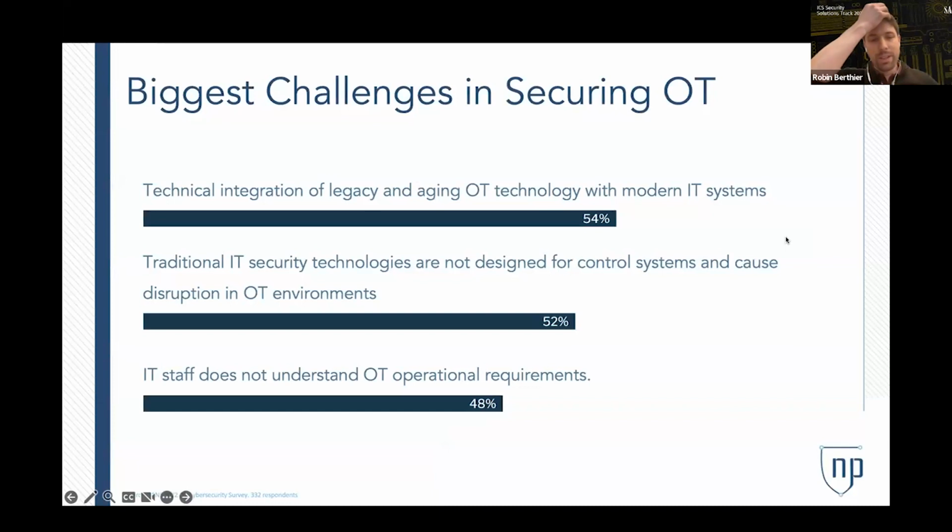So if you look at the latest SANS cybersecurity OT survey that was launched last year, you can see that one of the major challenges is around the technical integration between OT and IT, either on the OT technologies themselves or around security solutions specifically that are not well integrated with the needs and priorities that you can find inside OT.